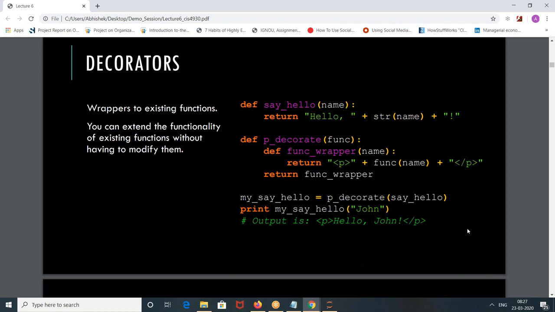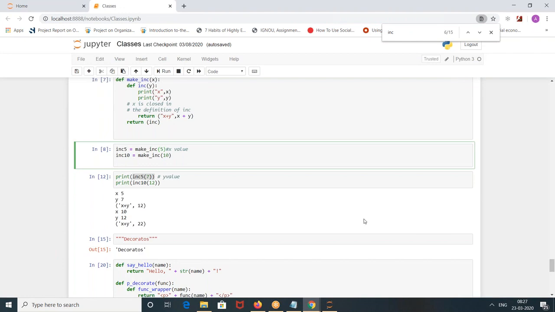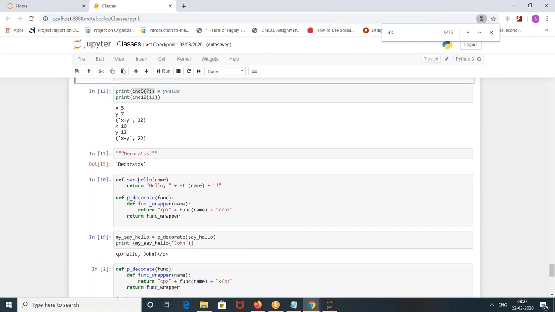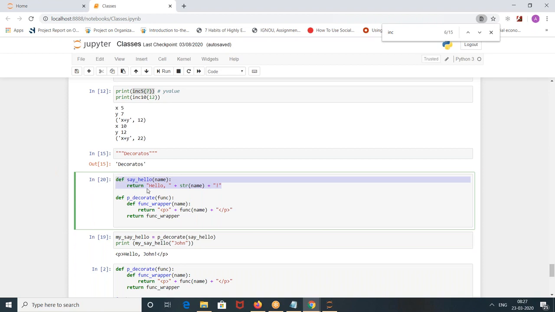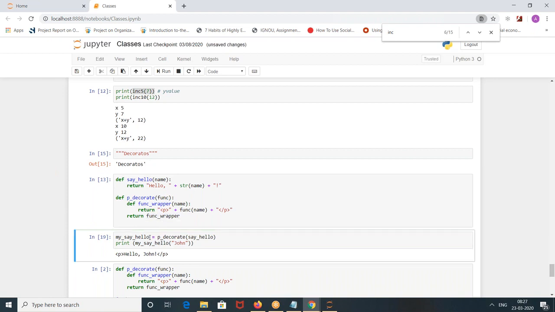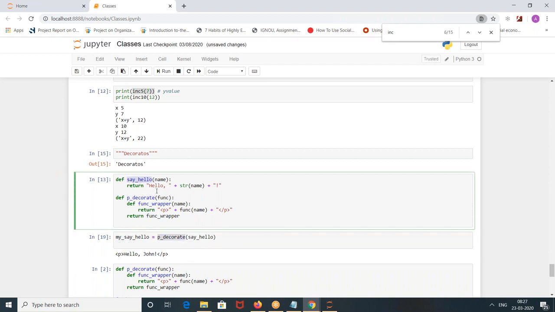Okay, let's try in the notebook. Say hello, name, whatever I have shown you over there. p decorate, func wrapper, name, return func wrapper. Let's run this. I'm passing this func into this func.